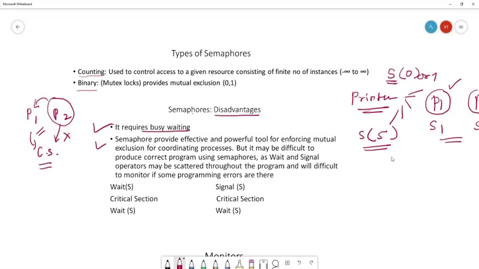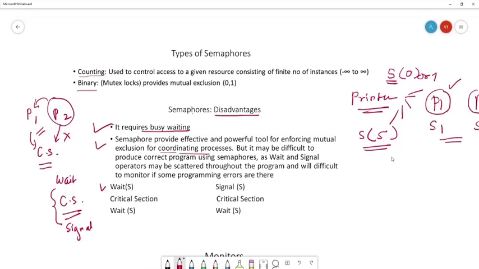Second, a semaphore provides an effective and powerful tool for enforcing mutual exclusion and coordinating processes. This is very true. But the problem is that the programmer has to place the critical section in between the wait and signal functions.